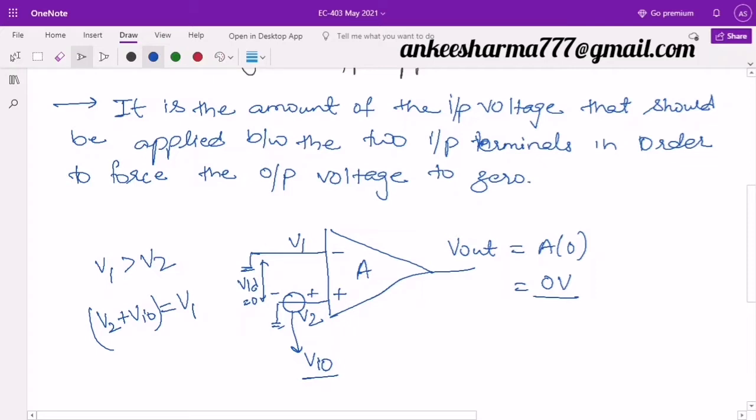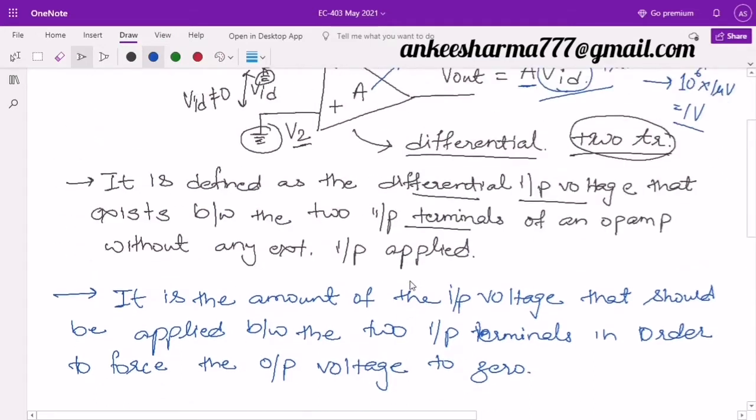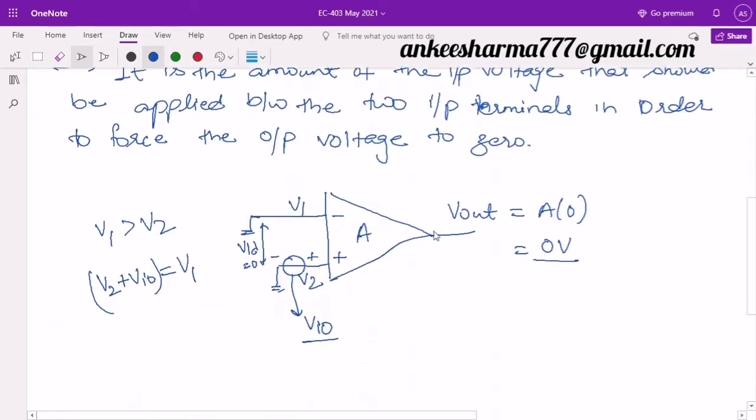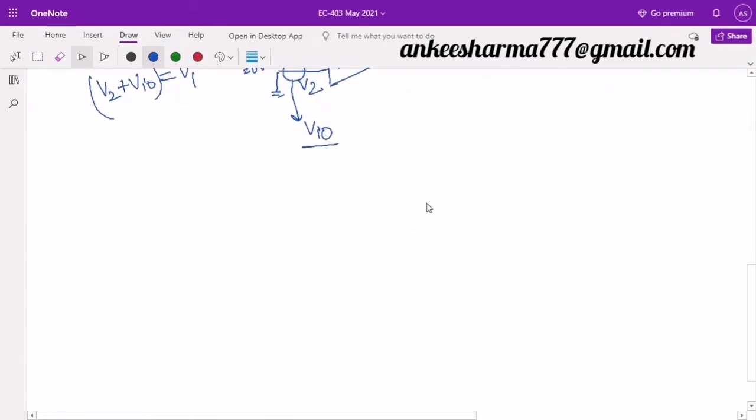In a few operational amplifiers we have to provide the compensating network. For example, in 741 we already have a voltage offset null circuit to overcome this problem. Otherwise, if we don't have a compensating network for this input offset voltage, we will get different output voltages, or when we are not applying any input, then also we are getting some output. So to overcome that, we need a compensating network. So let's next discuss that compensating network.